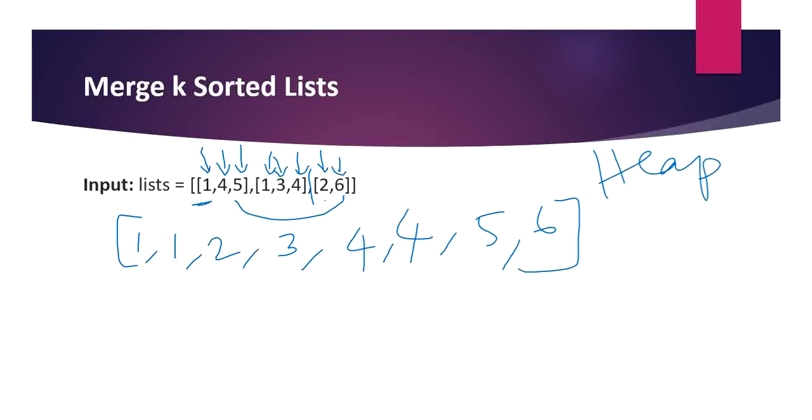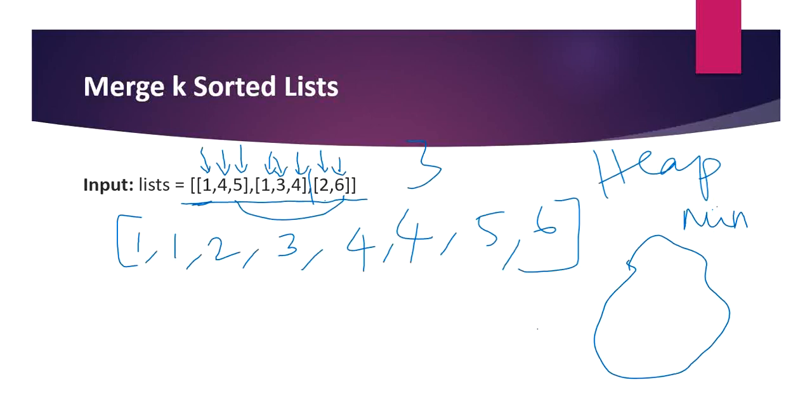We have already discussed min heap in our previous video on solving the kth largest element in an array problem. So again we are going to use the same concept here. Let's see. I have a min heap where my min heap stores only k elements. For example, here our k is 3 because we have 3 lists. Our min heap will store the first element of each list. So let me put the elements here: 1, 1 and 2 are the elements.